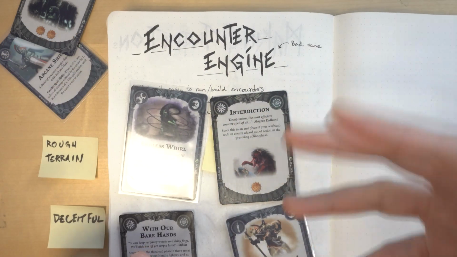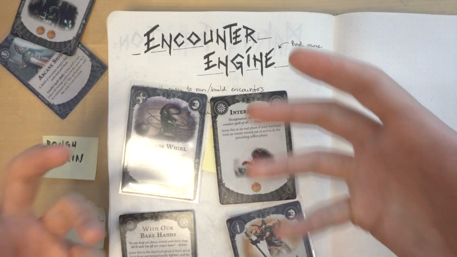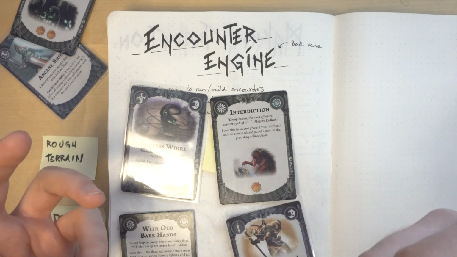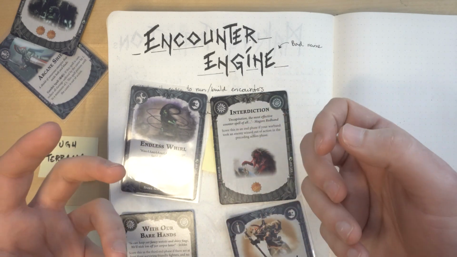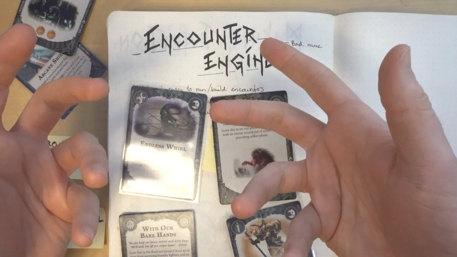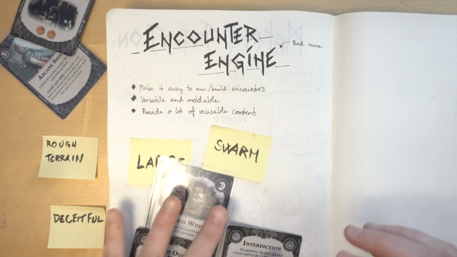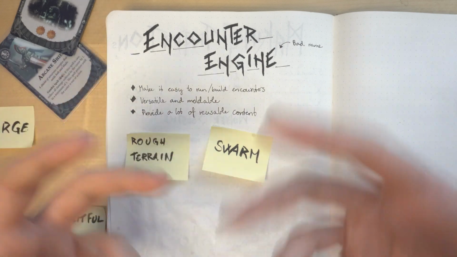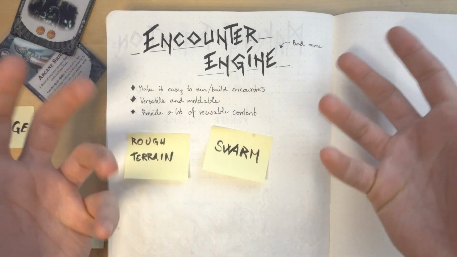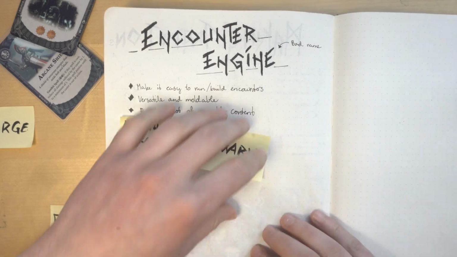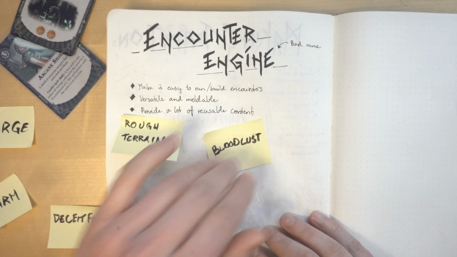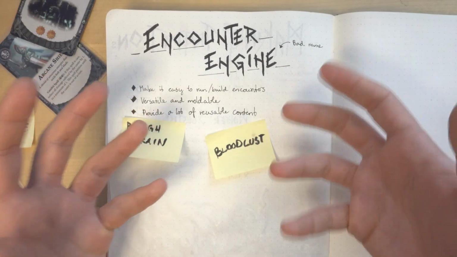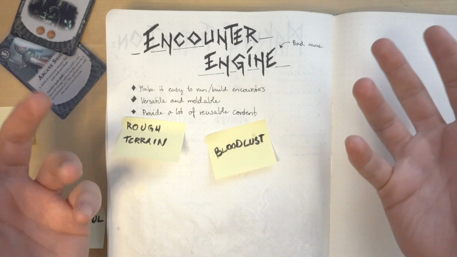What I really want to see happen is that we can build a community around this. With these cards, we could make a common language for building encounters. Someone could share an encounter setup where they ran a swarm rough terrain card to describe a goblin ambush in the woods. Halfway through the encounter, they swap out the swarm card with a bloodless card to describe how the majority of the goblins were slain and now the remaining goblins got angry.